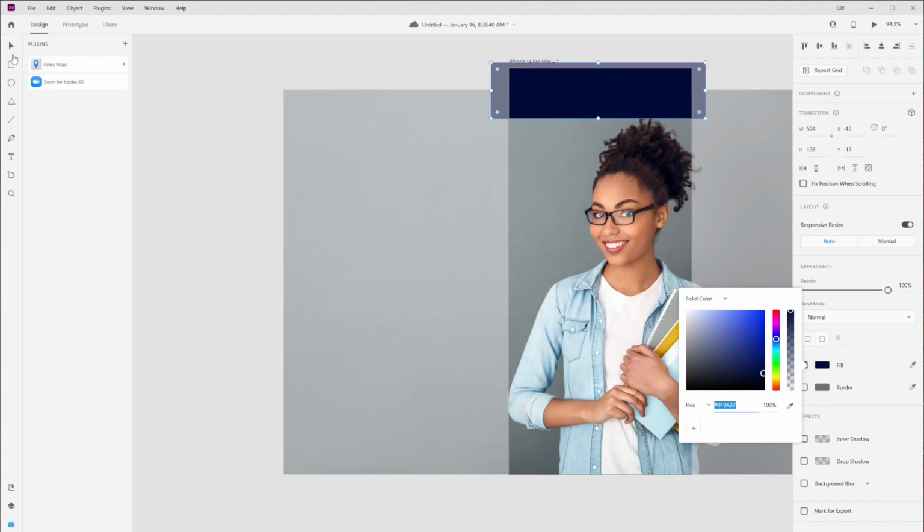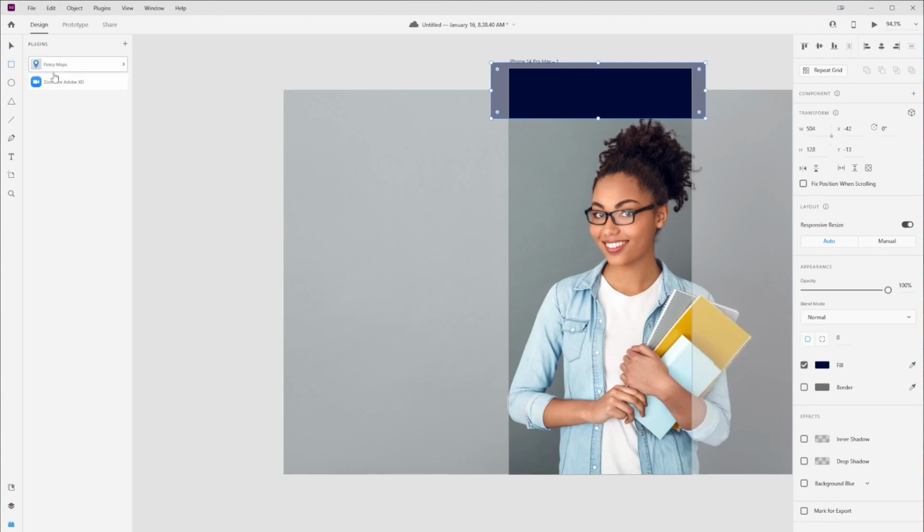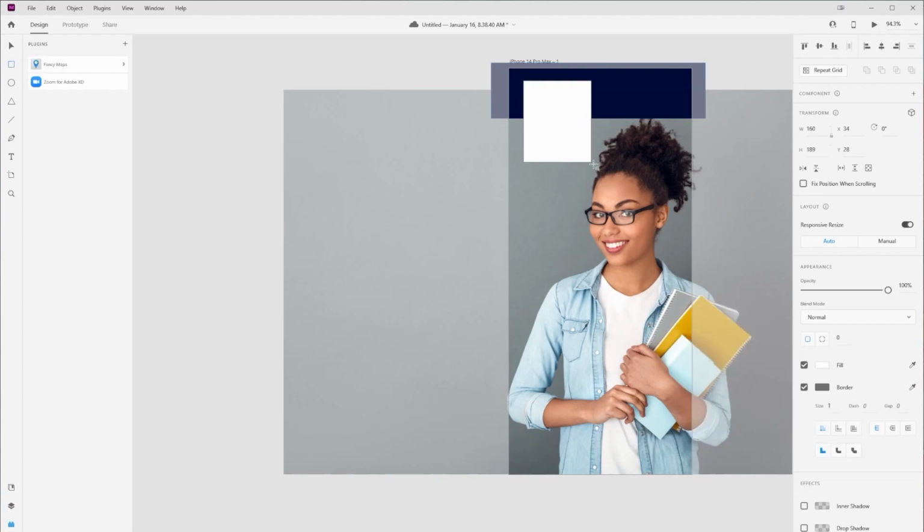And then what I want to do next is add another rectangle over this. I'm going to make a little tag here. And I'll show you something kind of neat we can do with this. If I go up here to my arrow tool, you might notice these little circles. If I grab these circles, I can bend the corners. So if I want this to have more of a curved look, I can do that and then adjust the position of that so it has a nice kind of tag to it.